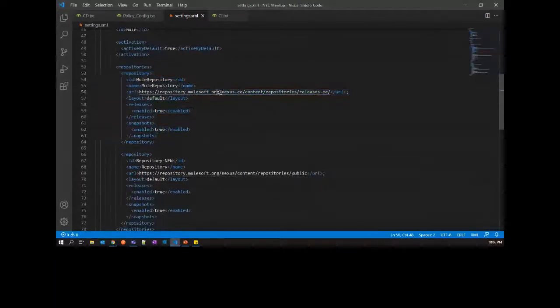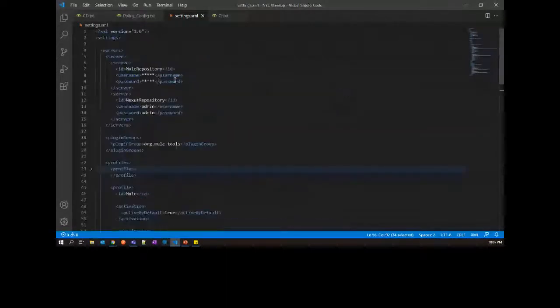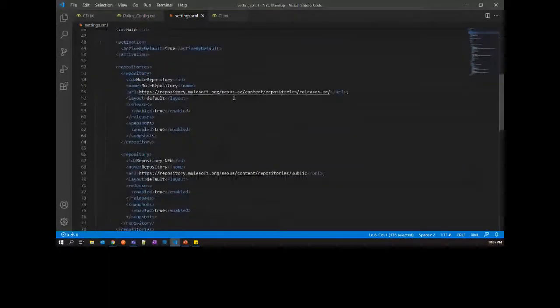This enterprise edition repository from MuleSoft is protected with username and password. It is not publicly available. If you want to access any artifacts from this repository, you need a special username and password which is provided by MuleSoft. And this particular repository contains certain dependencies which are required to execute munits.